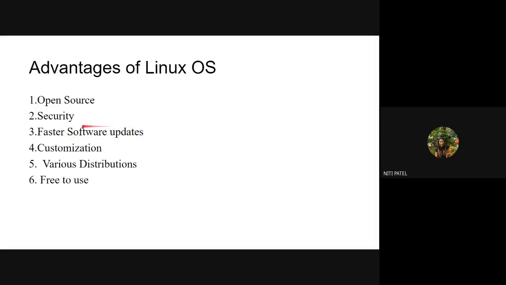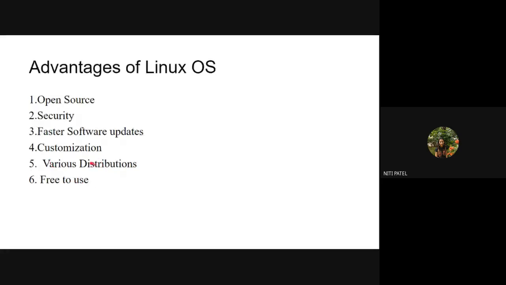Then faster software updates. Whatever update of any version you get, or any of the features or any of the applications, is faster with the help of the development tools. So you straight away download the development tools, you get the updates for that software. Again, customization means what? It is not only going to work with specific requirements. If you change the requirements, your Linux operating system will work with all the requirements. It is not necessary that it is going to work only if your RAM is 8 GB. Even if it is 2 GB or 4 GB, your Linux will be working on it.